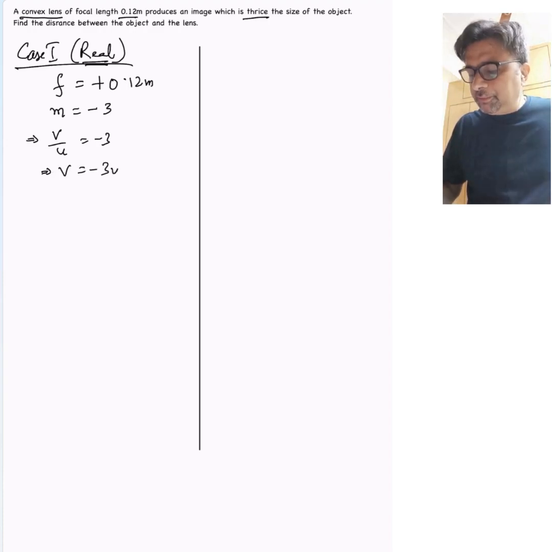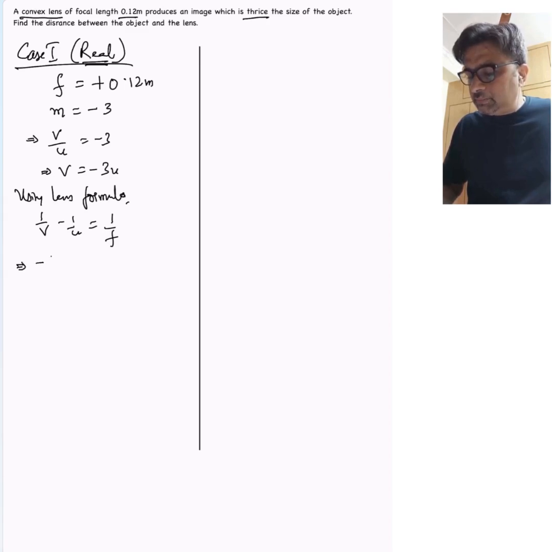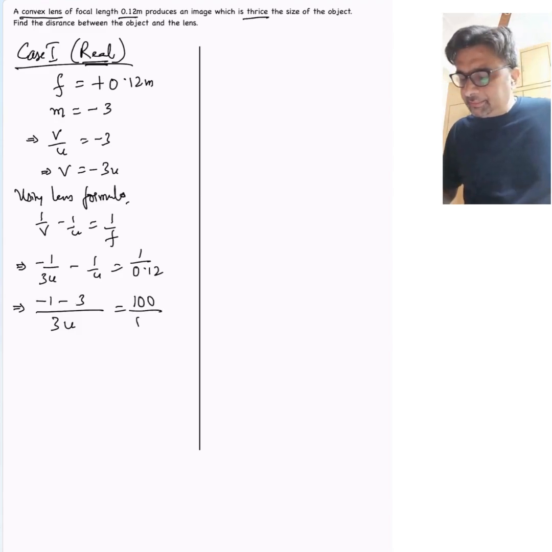Now using the lens formula, we know it's 1 by V minus 1 by U is equal to 1 by F. Let's substitute what all we know here. So this will come to minus 1 by 3U minus 1 by U is equal to 1 by 0.12. Upon solving this, we get 3U, and here it is minus 1 minus 3. This is mathematics. And then we get 3U into 100 is equal to 12 into minus 4,